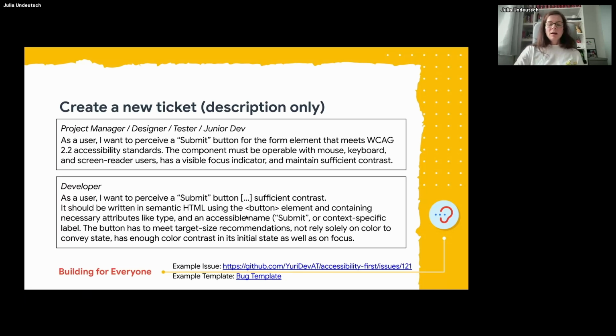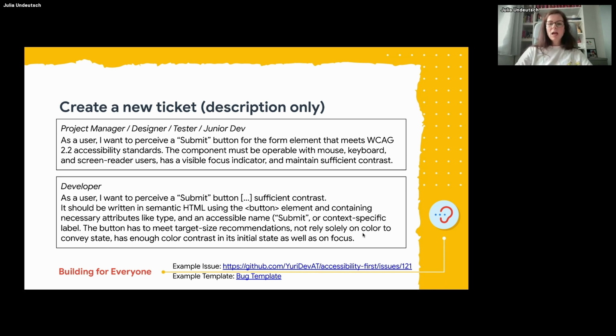But these are new keywords for the developer to understand or to look up what is meant by target size recommendation, for example. So I think before I came into development, or before I came into accessibility, I never thought about target size. I did not know the term at all. And this is something I learned through accessibility, that we have to make it a specific height and width.